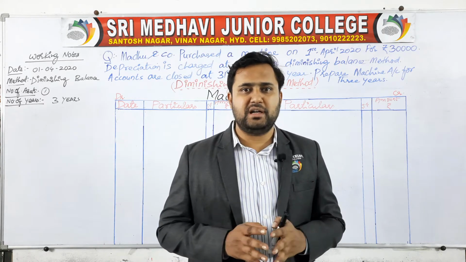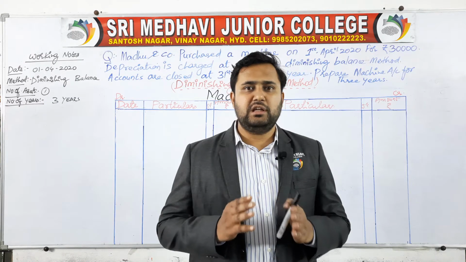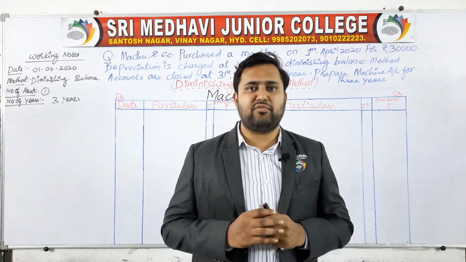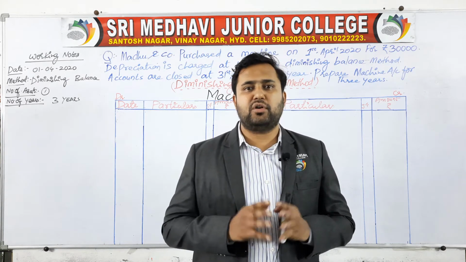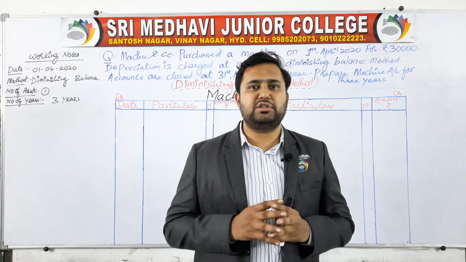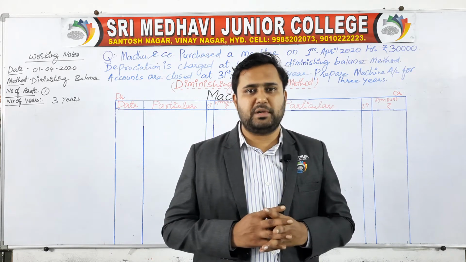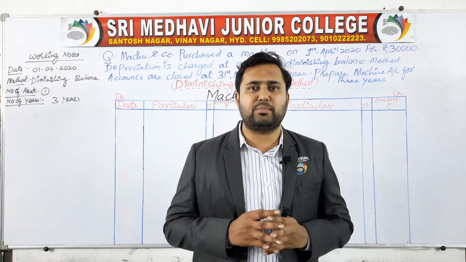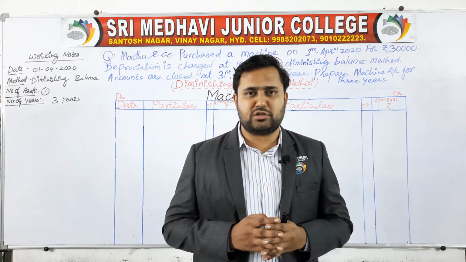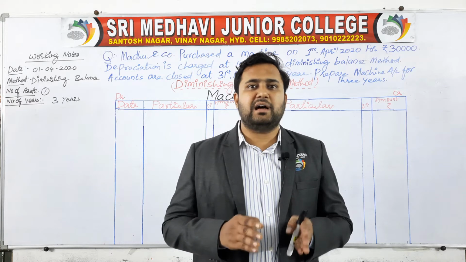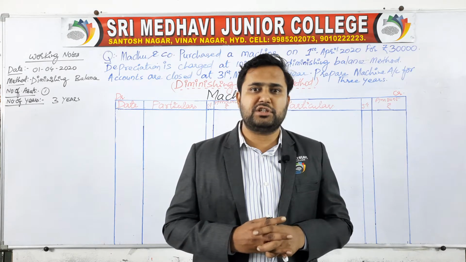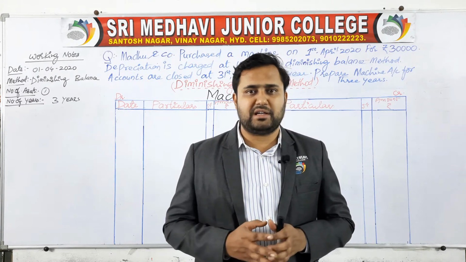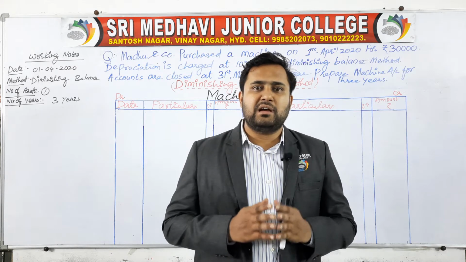In this type of method, depreciation in each and every year is different when compared to any other year. Let us say, for example, you bought a machine for rupees 50,000. 10% depreciation of 50,000 is 5,000 rupees. So what is the balance carried down? You subtract 5,000 from 50,000, and you get the carried down balance, which is 45,000 rupees. Now calculate the next 10% rate of depreciation on the carried down balance. 45,000, 10% is equal to 4,500.